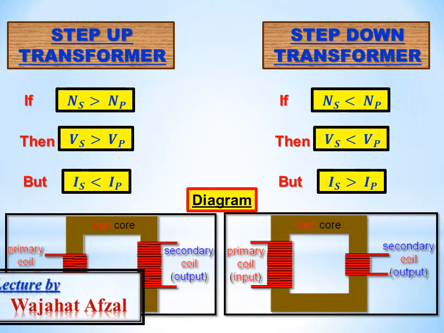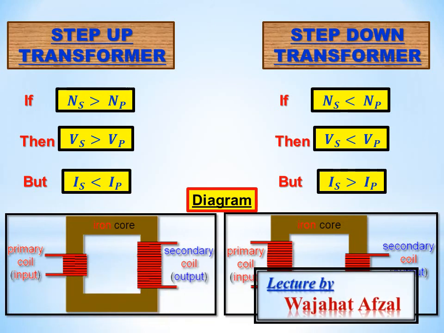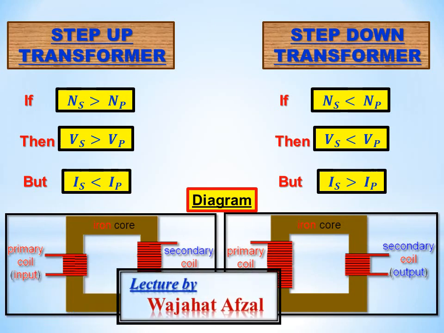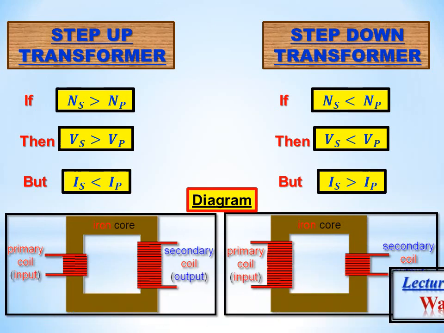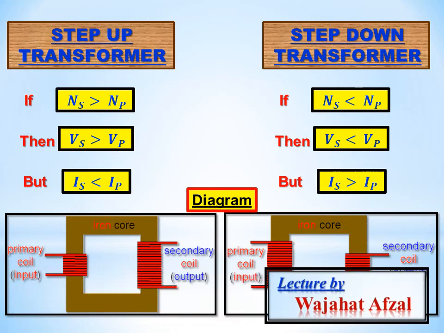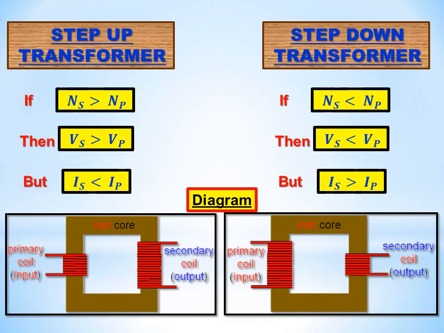So in the numerical you have to identify which type of transformer you have by looking at these NS, NP and EMF relations. तो आपको NS और NP या नंबर ऑफ प्राइमरी और सेकेंडरी कॉयल को देख के या उनके पोटेंशियल या EMF को देख के आपने बताना होगा या पहचानना होगा कि ट्रांसफार्मर कौन सा है. In few numericals you are provided with the name of the transformer, but in majority numericals you are not.